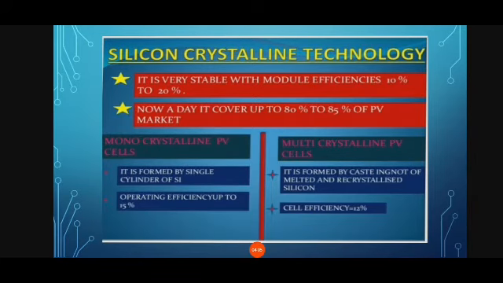In this, it is very stable with module efficiencies of 10% to 20%. Nowadays it covers 80% to 85% of the PV market. Monocrystalline PV cells are formed by a single crystal of Si, that is silicon, and the operating efficiency is up to 15%. Whereas multicrystalline PV cells are formed by cast ingots of melted and recrystallized silicon. Its cell efficiency is 12%. Now we will see